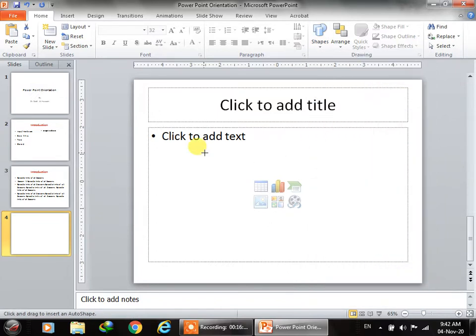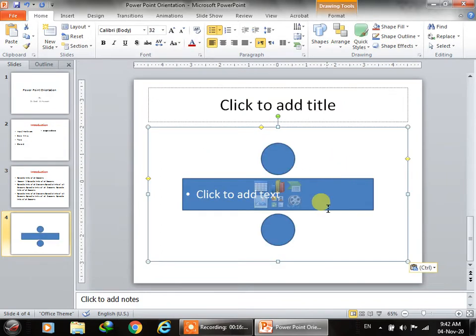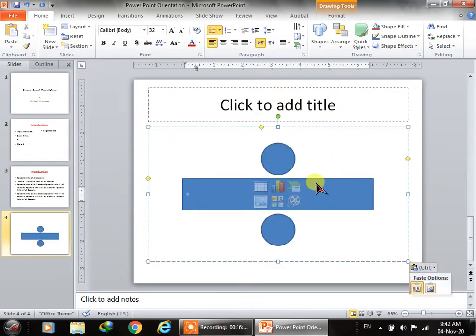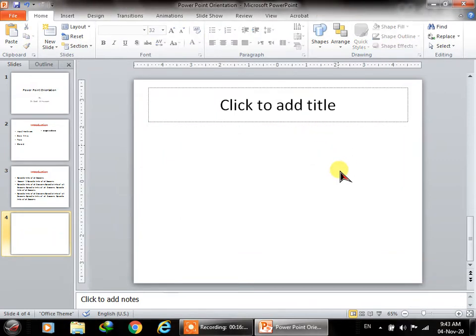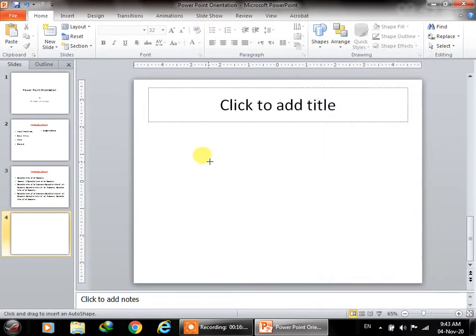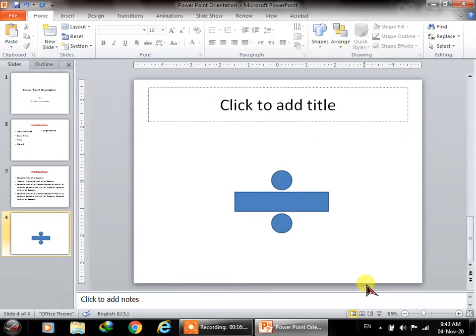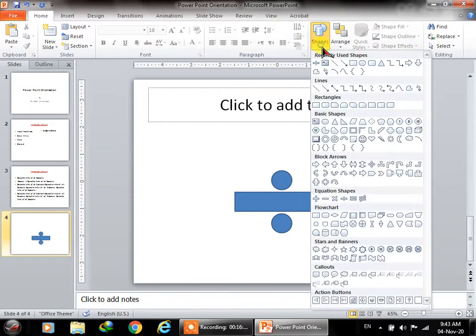Let's say you want to add this division sign. Let's add this shape again. So there you go. You can add any shape that is given over here or draw your own.